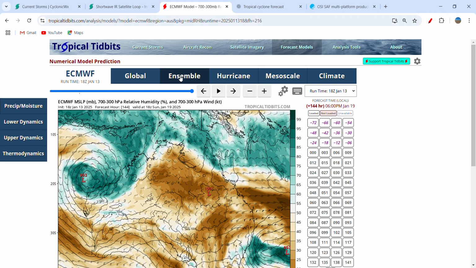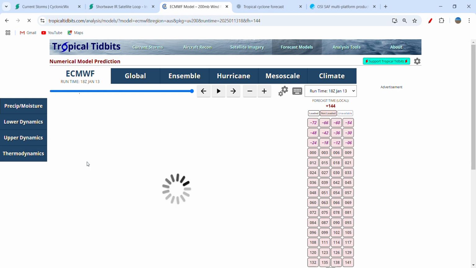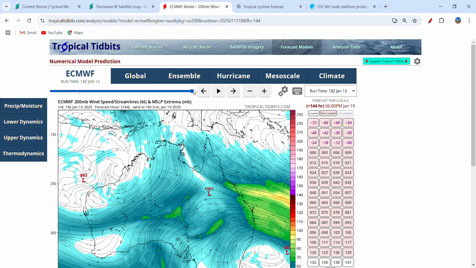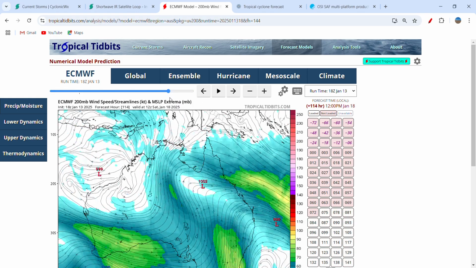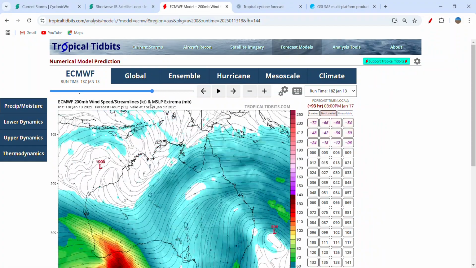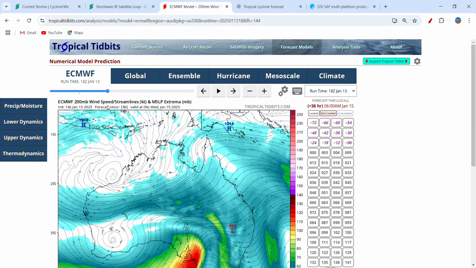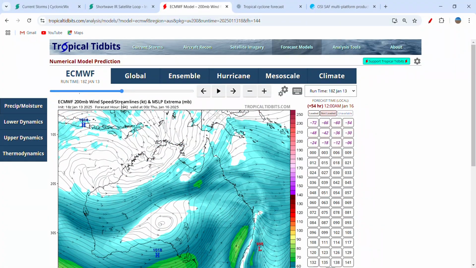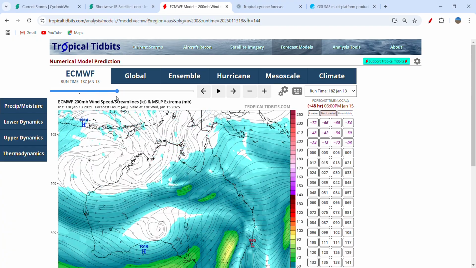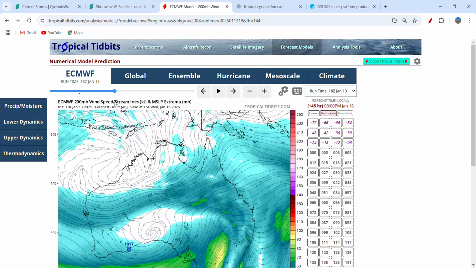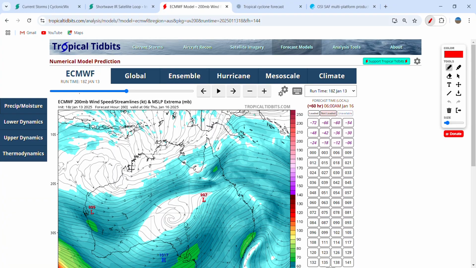Now, as we've taken a look at the environment with the GFS solution, I want to now give the same kind of treatment to the European and the Canadian potential as well. Let's analyse this. So, although it's a very broad low, the overall upper level setup, where 90U roughly is around here,